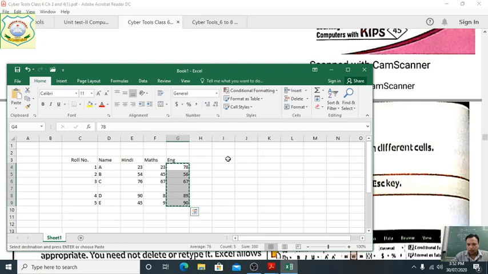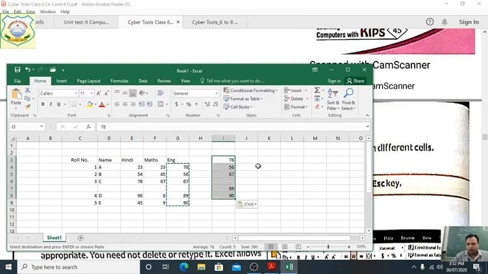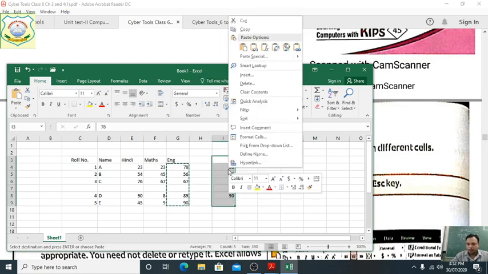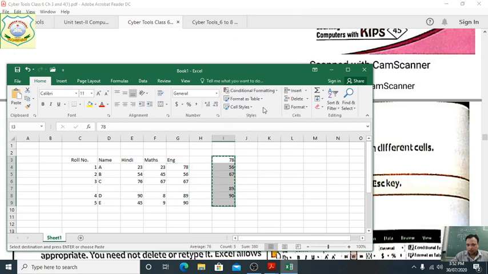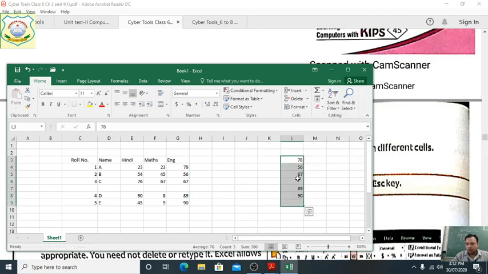Okay, and if you want to do here, then paste it. Okay, I pasted, but it is not... it is as it is there. Okay, if you don't want to keep it here, you want to keep this side, just select it, right click, and choose the cut option. Cut option. If you want to keep it here, now choose the paste option. What will happen? All the things are removed from this one. So this is the difference between cut, copy, and paste.